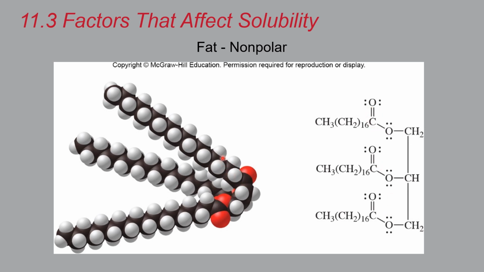But most of this molecule is just a whole bunch of carbon hydrogen bonds. So this is not particularly polar. And so that's why it interacts quite nicely with things like vitamin A and not like vitamin C. So this leads to the very common